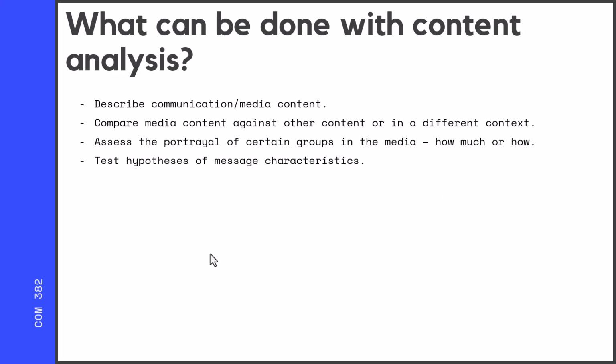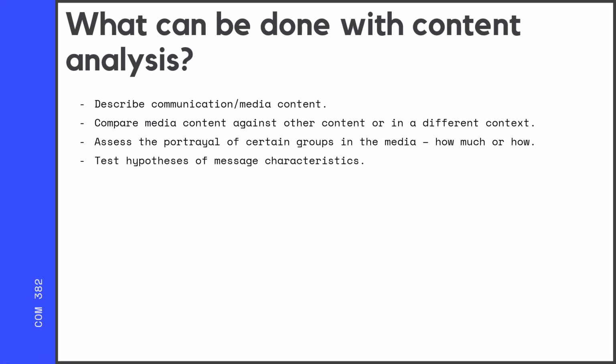There are a couple of different things that you can do in content analysis. One is just describing communication or media content. For example, this could be a study that tries to describe the content of news coverage of an earthquake. They would select a sample of news articles from a variety of media outlets and then code the articles for different characteristics like tone, framing, and the sources cited, and then the study would analyze the frequency of different tone about this earthquake to draw a quantitative conclusion.